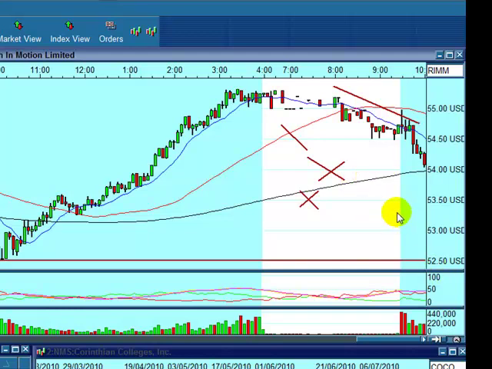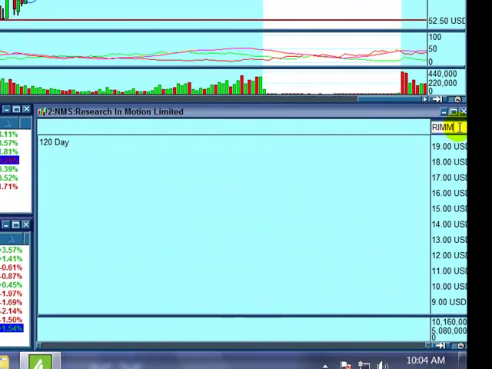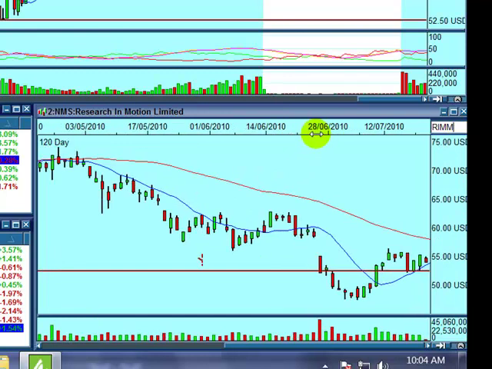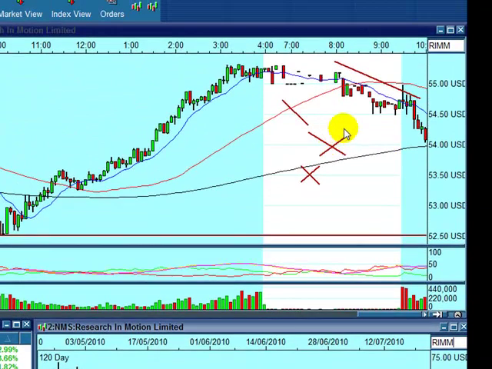If you go back to the RIMM daily chart, as you see right here, it refused to penetrate that 56 price value and is reversing. Will it go short and go back to what I call the $50 price value? I have no idea, but what I will do is trade it correctly and accordingly as the stock continues down. So if we shorted it at 54.50 and you touch that next whole number, I suggest that